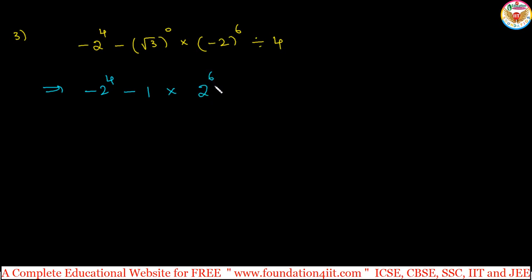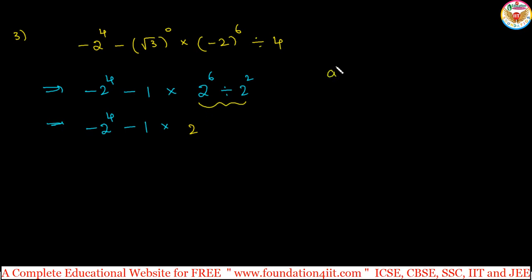2 to the power 6 we will get, divided by 4, which we can write as 2 square. Okay, here is minus 2 to the power 4, again minus 1, minus 1 into 2 power 6, same, 2 to the power 6. Okay, first you can do the divisions. We can apply the BODMAS rule here. That means first we need to do the division. This minus 1 as it is, into 2 power 6 divided by 2 power 2, 2 to the power 6 minus 2.